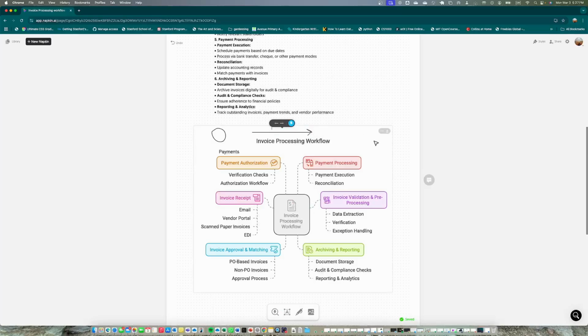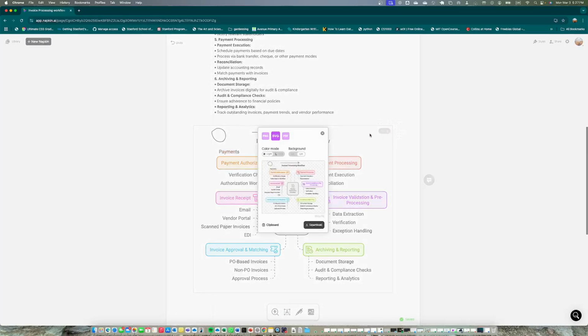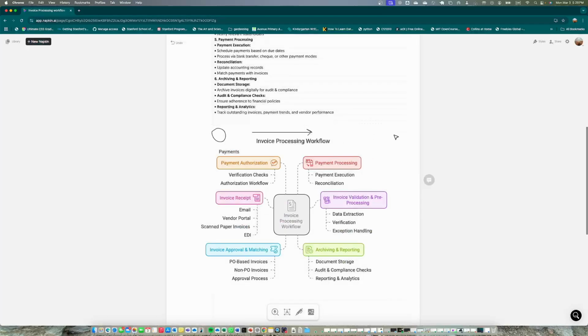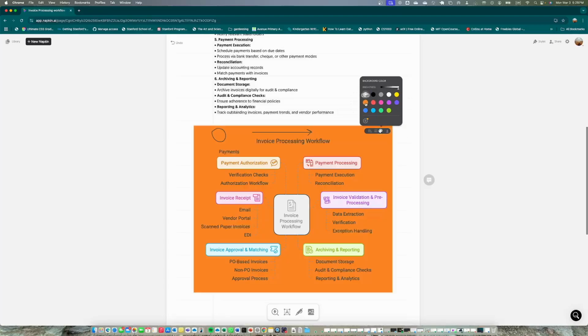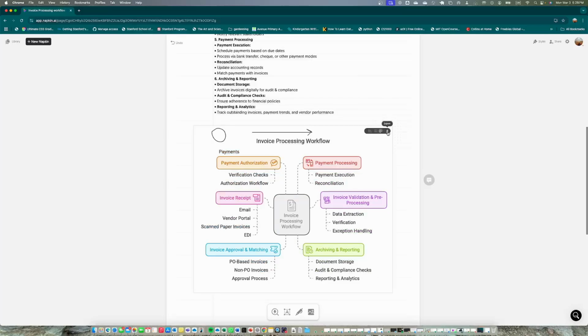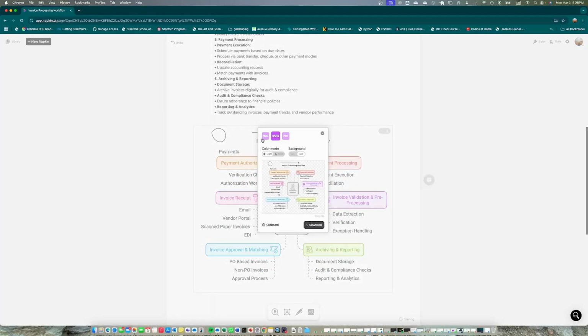And then you can change the background. See, you can change the color. It enables you to select the background color. I prefer no background. You can export into PNG, SVG, or PDF, with background or without background. I prefer without background. Copy. You can download,